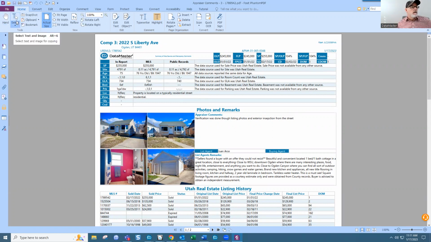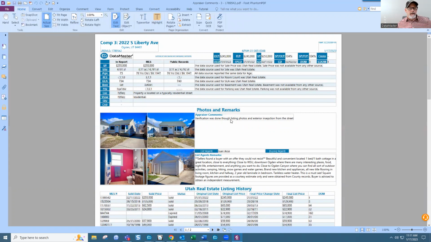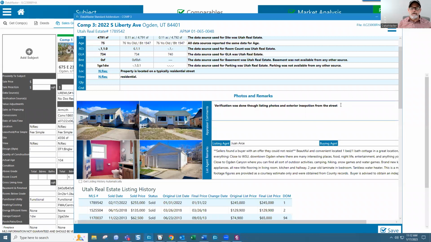I have the ability, my PDF will let me edit text, and so I can type through some of this. But if you can't do that, then you would need to make any edits prior to creating the PDF. So I'd have to comment here in the addendum before it went in. So I could type in here